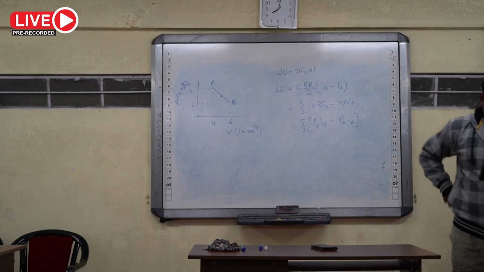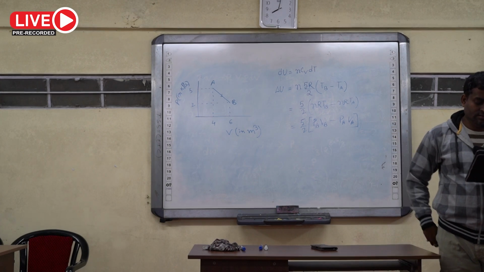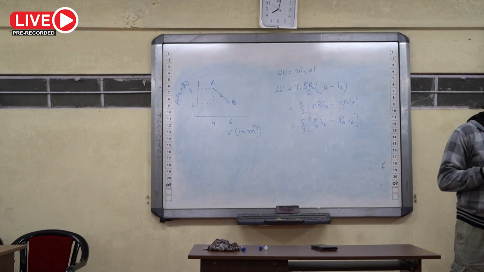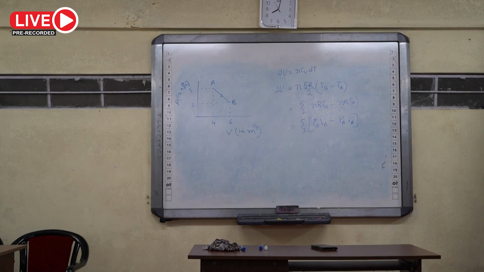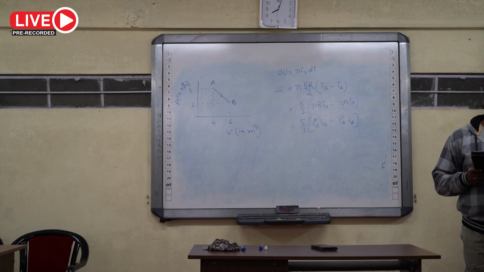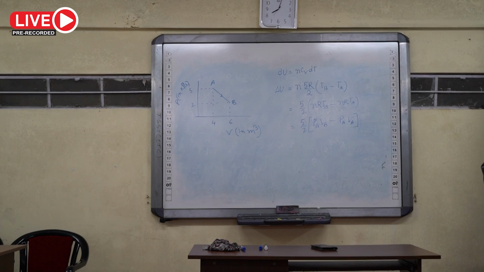Question number 44. An ideal refrigerator has a freezer at a temperature of minus 13 degrees Celsius. The coefficient of performance of the engine is 5. The temperature of the air to which heat is rejected will be. Option A,